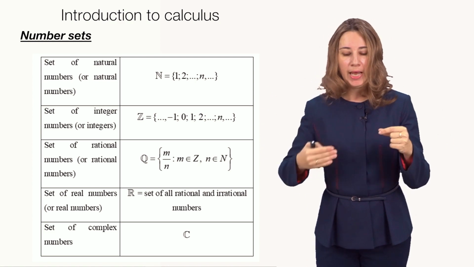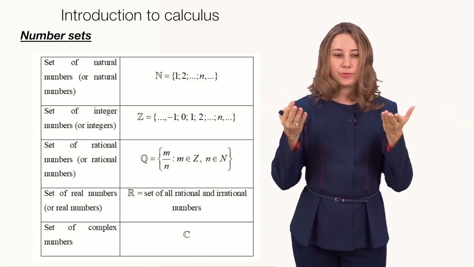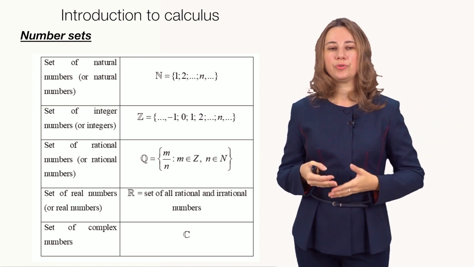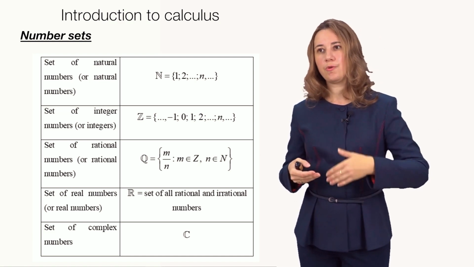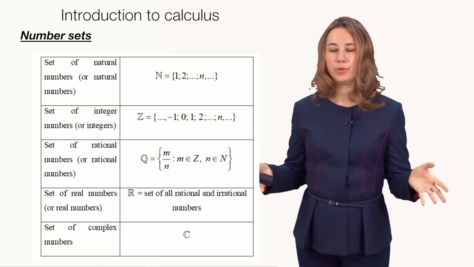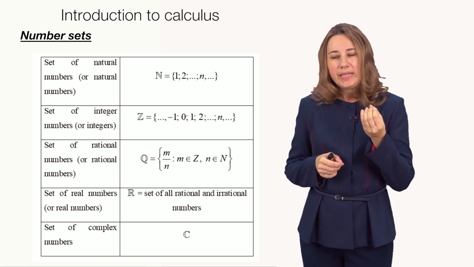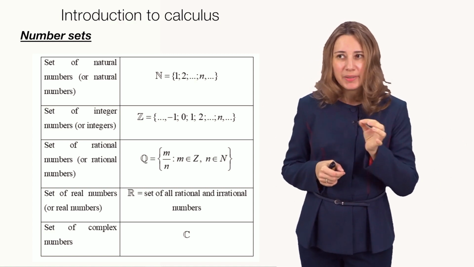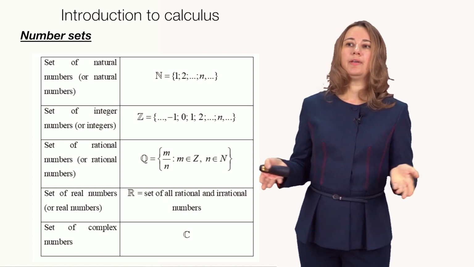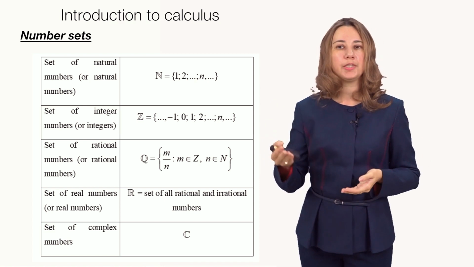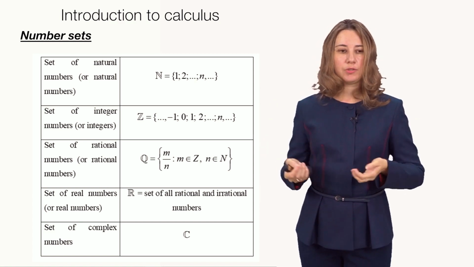For example, let's consider the number square root of 2, that is 1.4142, and so on. There is no repeating in decimal places, in comparison with, for example, the number 1 divided by 3, that is equal to